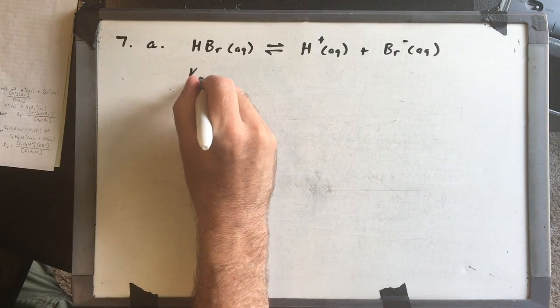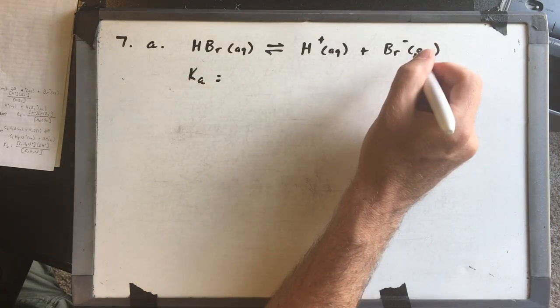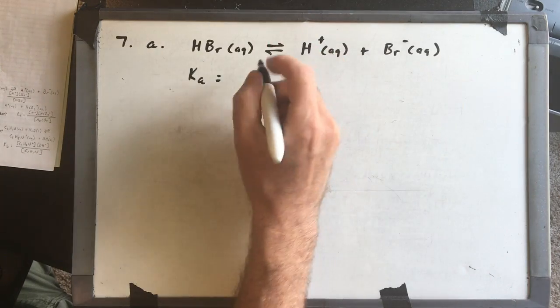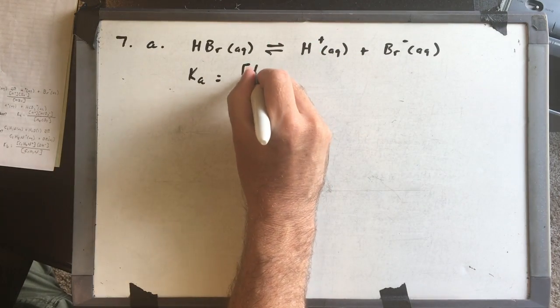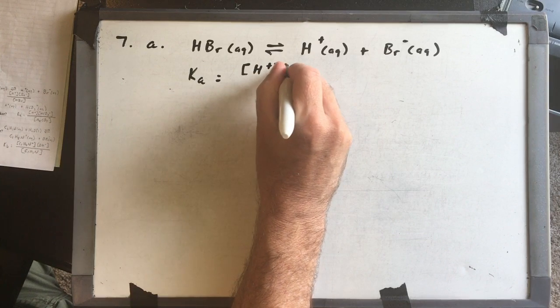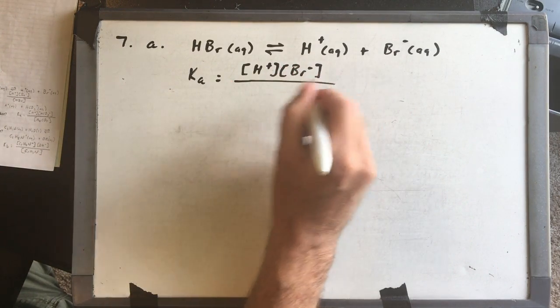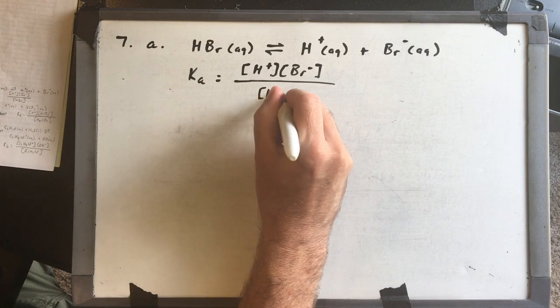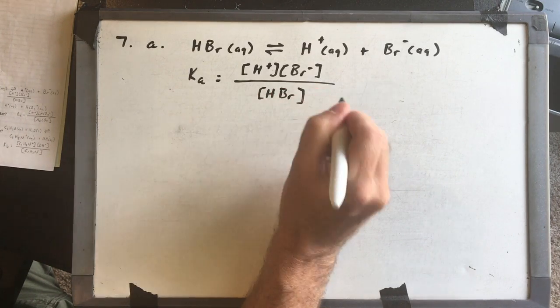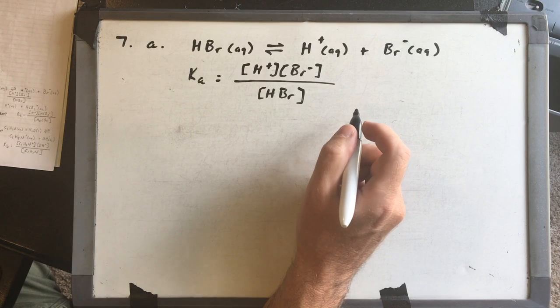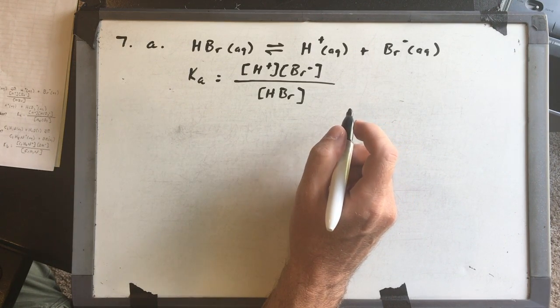So to get K sub A, it's the products over the reactants raised to the coefficient. So this one is pretty simple. H+ times Br-. You do have to have the plus and the minus in there over the concentration of HBr. Most people did get that one. All right, part B